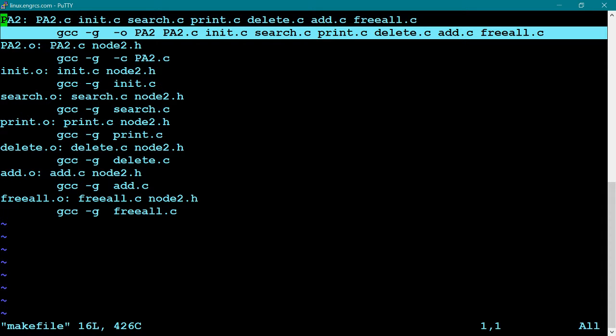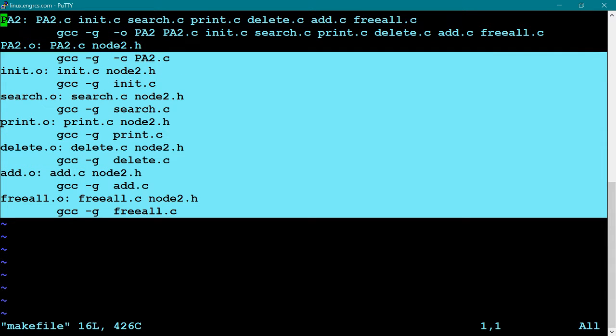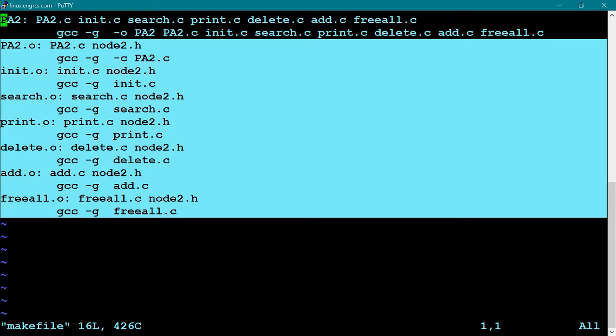That's great. They also had all of this other stuff in here, but none of it ever actually affects anything. The way a makefile is set up, remember, it's this pairing of statements. We have pairs of lines.